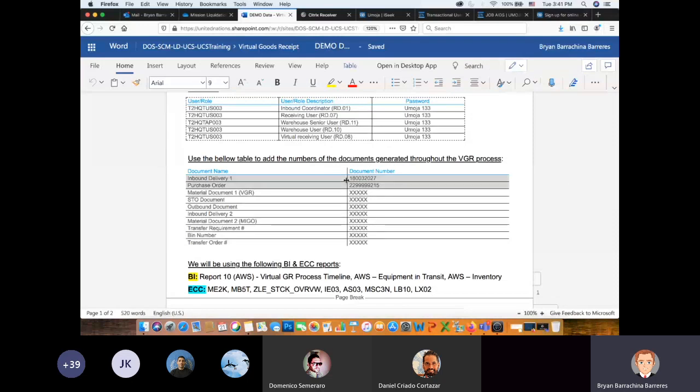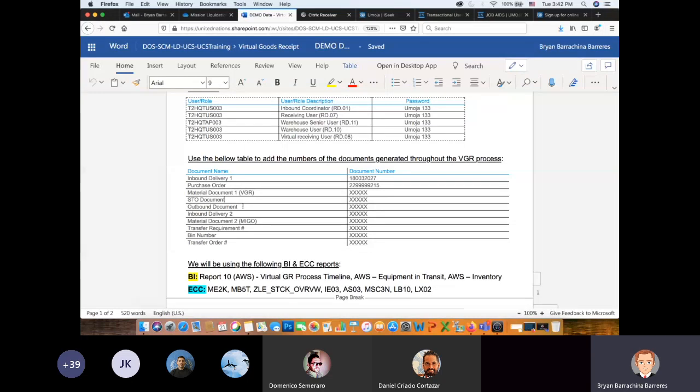We give you two of them, inbound and PO, but you're going to have to come up with the material document 1 for virtual goods receipt, the STO. There's going to be an internal transfer here. That's where we're going to be using that storage location 9000, the one we saw in the PowerPoint on day 1. That was sort of the cloud, right? It wasn't a storage location in inventory yet. And no fund center is actually responsible for these goods in that storage location. It's just somewhere to put them in the meantime,